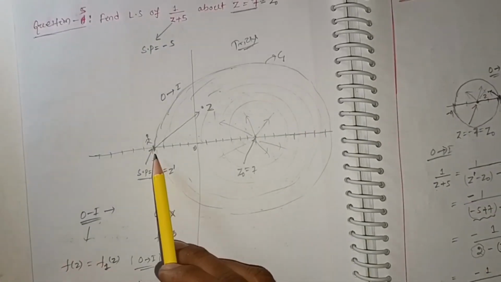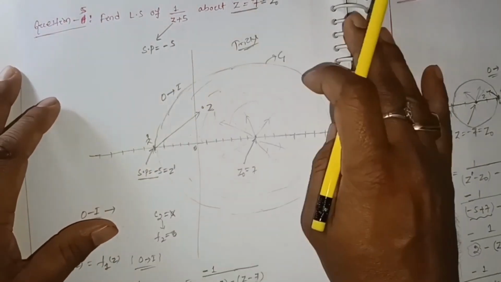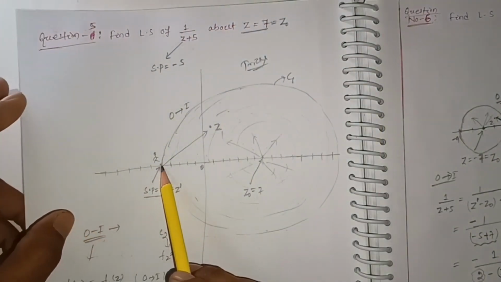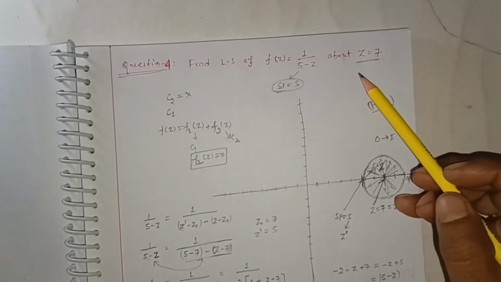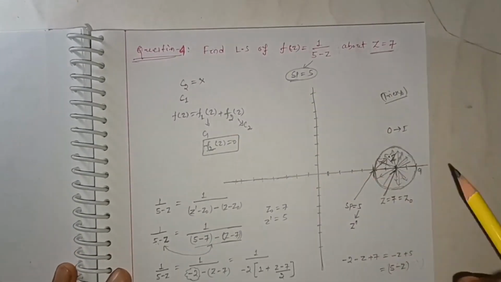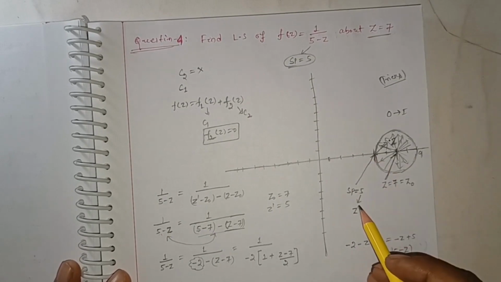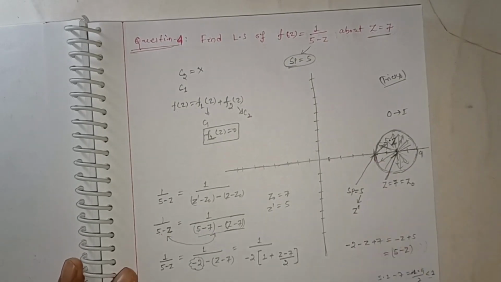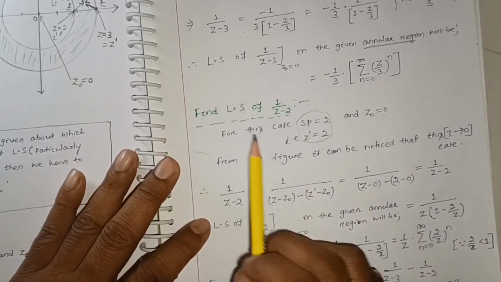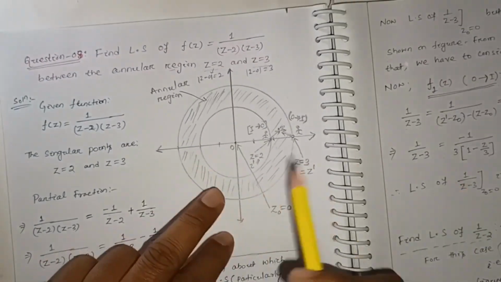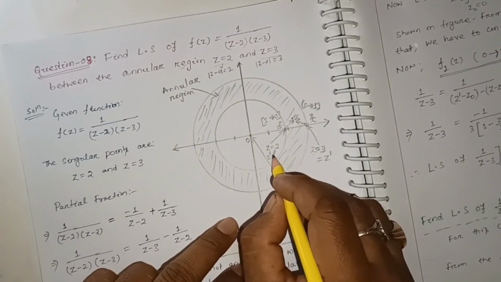If I consider this numerical also, here this is the singular point because z plus 5 is there, that means minus 5 is the singular point. From here I am moving inside this region, so z dash is minus 5. And if I consider this numerical, here z equal to 5 is the singular point, so that singular point is treated as z dash. So the singular point is basically considered as z dash. Okay, now for this case, z dash is at,